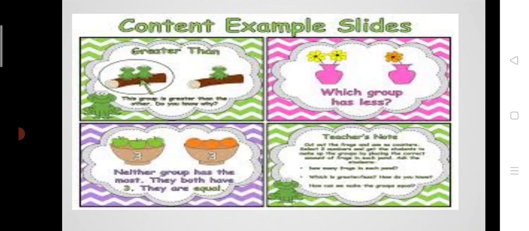Now second picture, there are 2 flower pots. The first flower pot has 2 flowers. The second flower pot has only 1 flower. So which group has less? It means the second group has less. Third picture, both the bowls contain the same number of fruits. So it means both are equal.